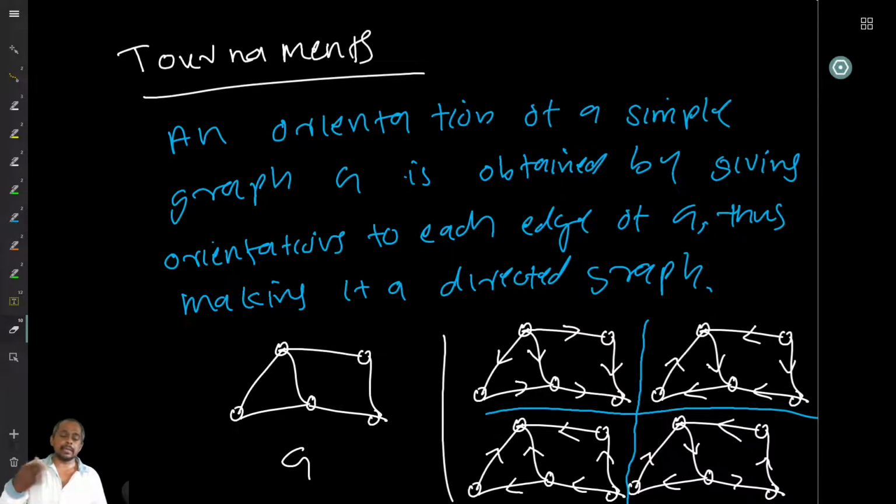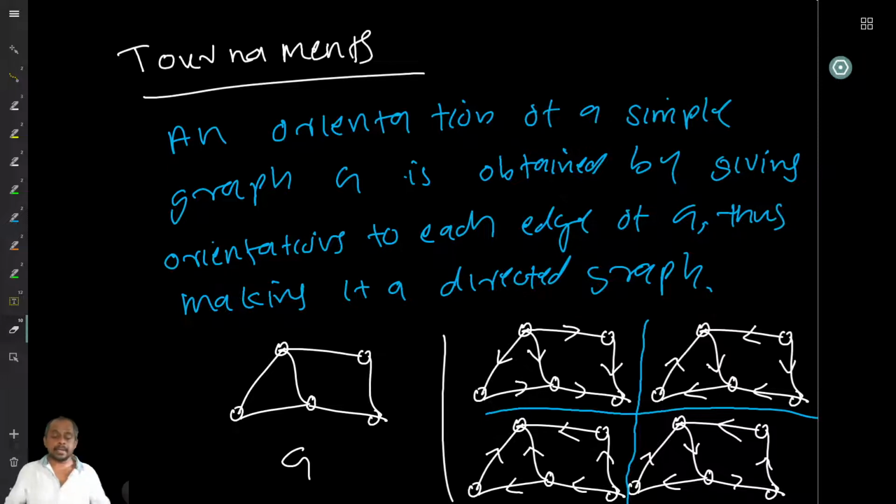So this can be represented by a graph, because if A and B are playing and A beats B, A wins, then you can say A arrow to B, which means that A beats B. Similarly, B beats C, then I can put a B to C arrow, and A beats C, I can put an A to C arrow. So you get tournaments like this. A tournament is basically for us a complete graph where every edge is given some arbitrary orientation.